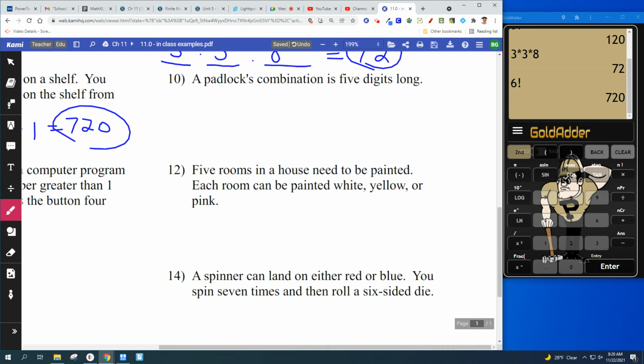A padlock's combination is 5 digits long. Okay, I guess the key here is digits. This was a tricky question for me because